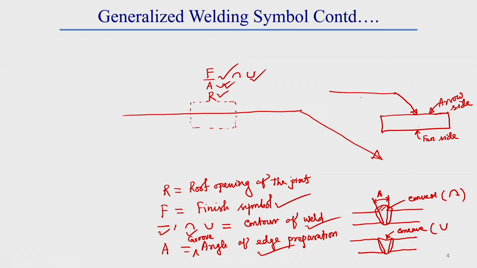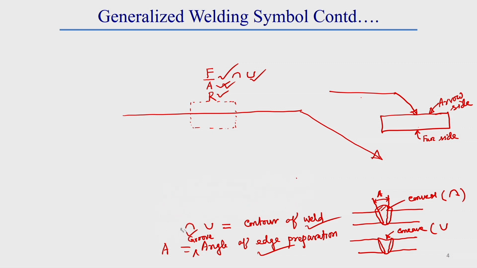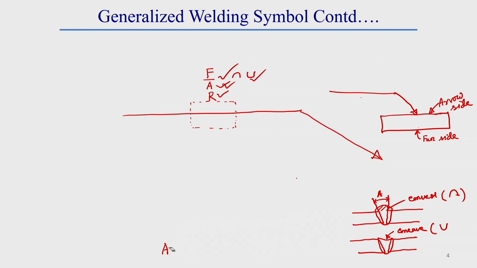Now, some other things we have also seen here. This is the generalized weld symbol and its different components. Based on this information, we can get an idea about what we have to do in actual practical application. Now, we will see what other important things are available here. There are other important things you should know, which I will explain in subsequent slides, and I will also provide some other information.